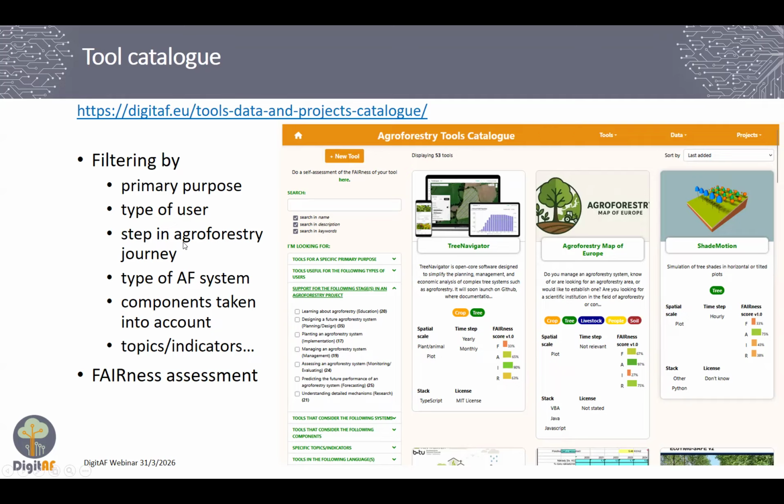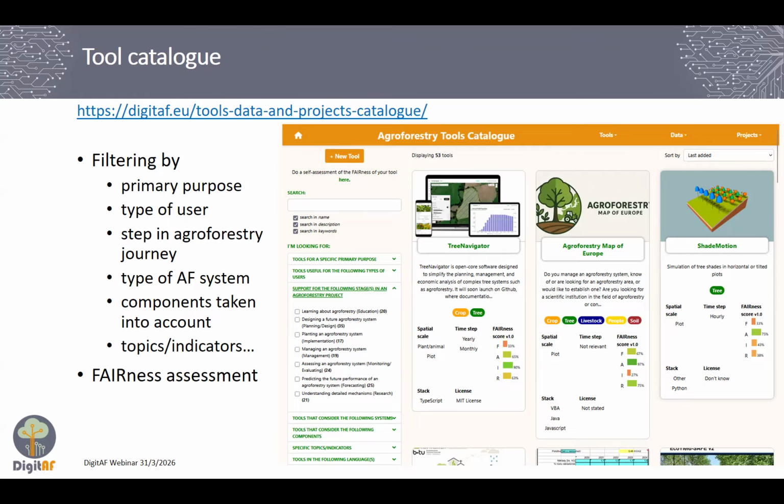Is it to learn more about agroforestry before taking the step, or is it about designing the actual agroforestry system, a future agroforestry system, planting the system, managing the system, assessing its performance, predicting future performance, or understanding detailed mechanisms, and these are more for research purposes. And you can also filter the tools by component taken into account, like animals, crop, tree, soil, etc.